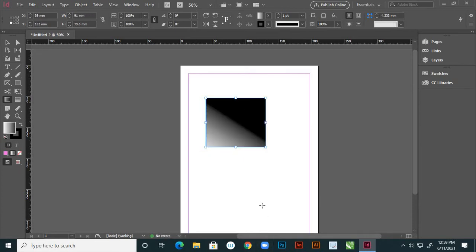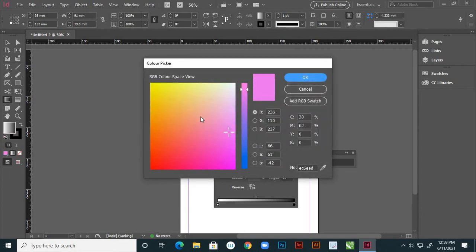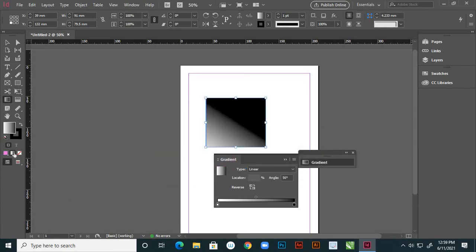So for that, what we do, after clicking that, double click on that, right? In this area, see here, it is showing apply color, and here apply gradient. On that you double click, right? So you double click here, and the gradient options are opened, and you can choose here, suppose, instead of white, this is white, and double click, and here double click.